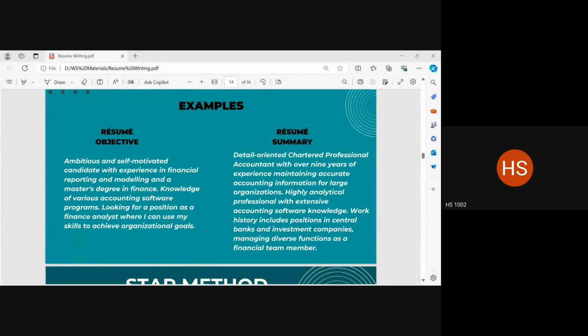And what you have to highlight there is not the number of years of experience that you have, but the kind of education, the kind of skills, the kind of mindset that you bring into this organization. These are two things which serve two different purposes, used in two different contexts. You don't use the two of them together. You only use either an objective or a summary, depending on your own circumstances as an applicant.